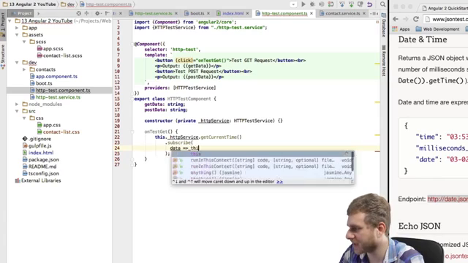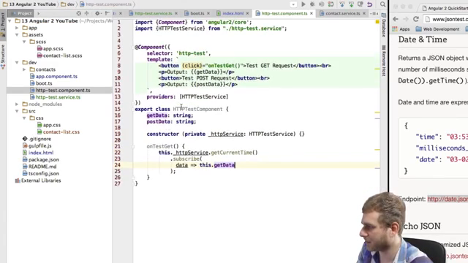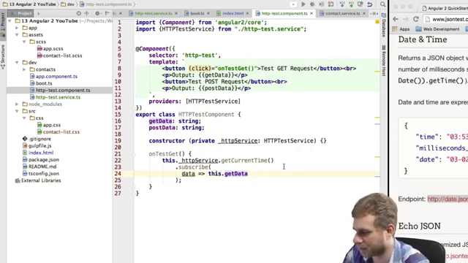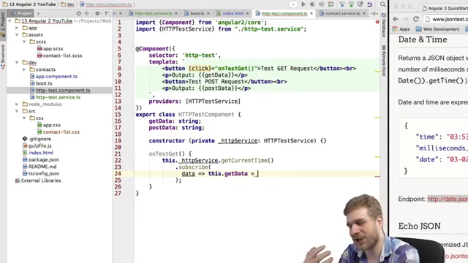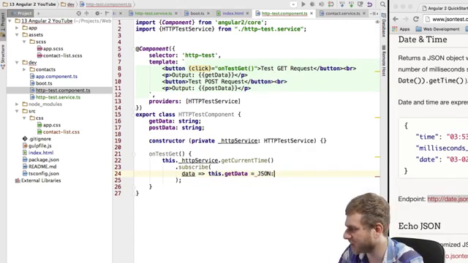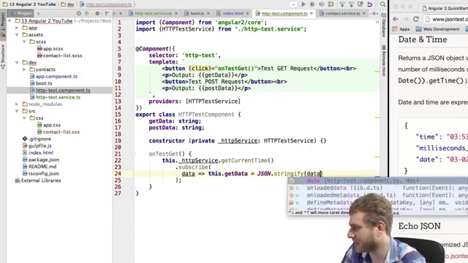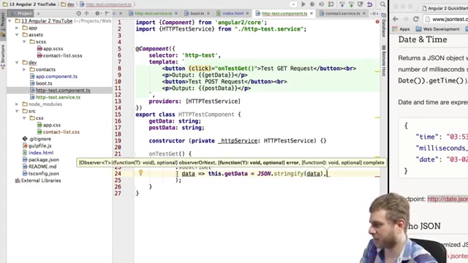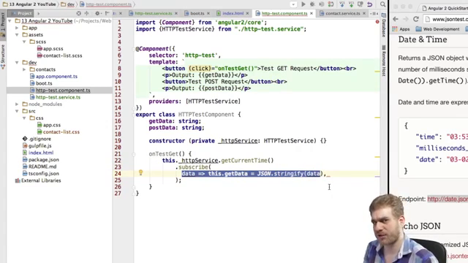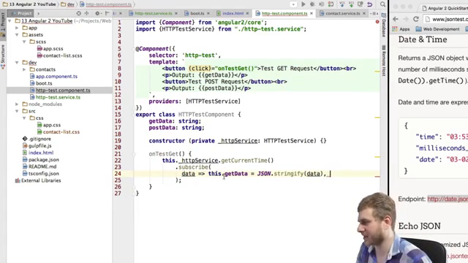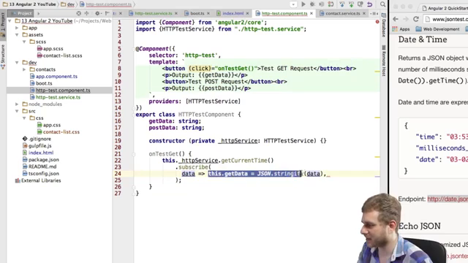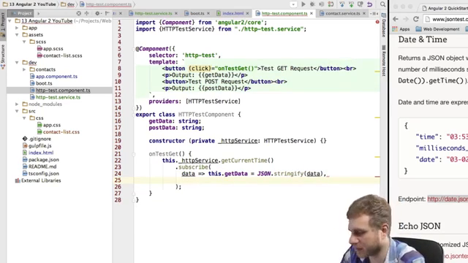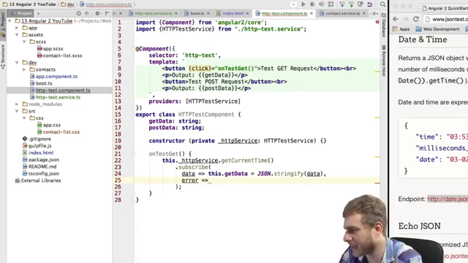In this case, I want to set my getData property here. Let me increase it maybe a little bit. I want to set that getData property to that JSON we get back, but as a string. So I will call JSON stringify and then data, which we pass in there. If you're not familiar with that syntax, that's the fat arrow function. It was added as of the ES6 specification, and it's also available in TypeScript. And basically, this is just a function where we pass in that argument, and then this is our function body. We also got an error case where we say, okay, if we get an error,